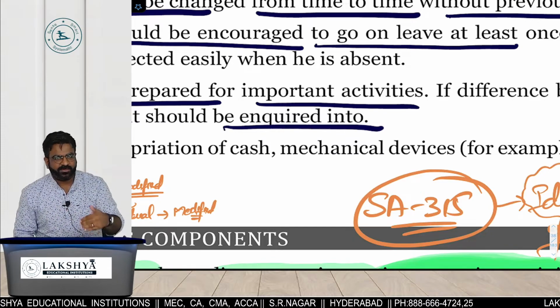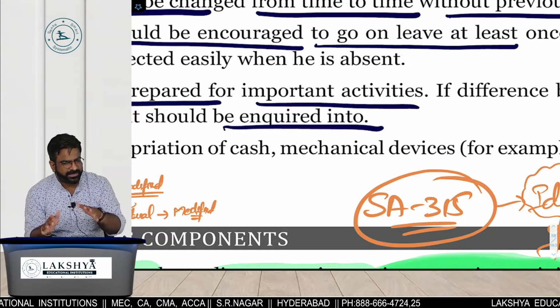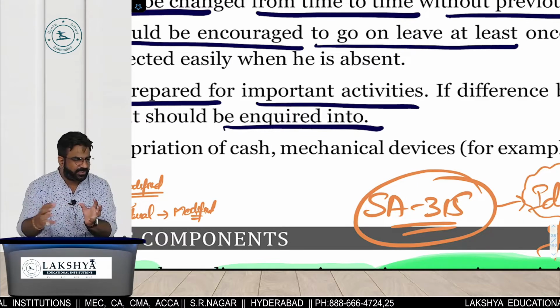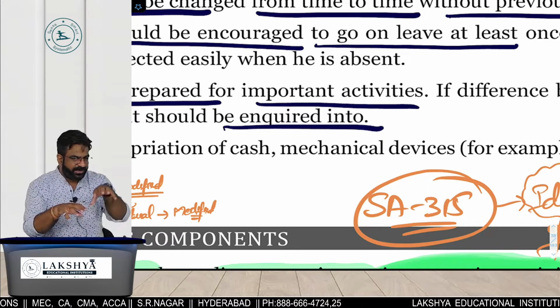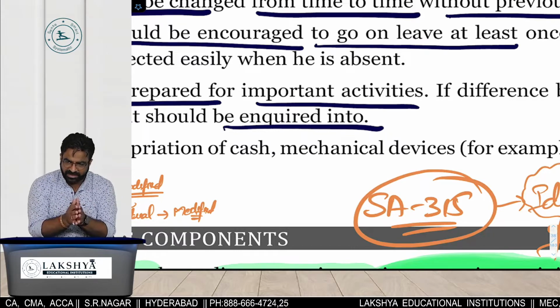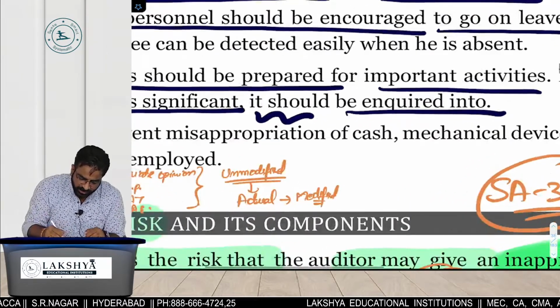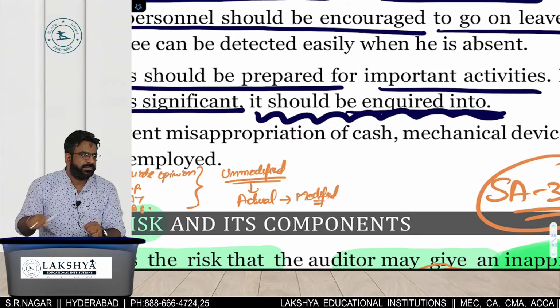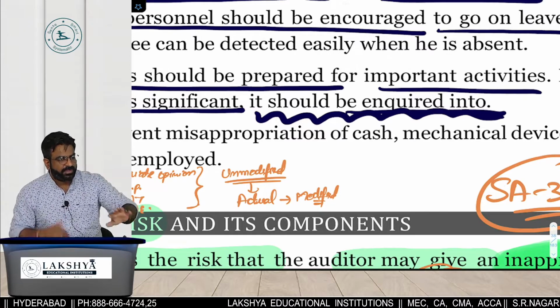Suppose I gave you a budget of 2 crores. You spend 2 crore 1 lakh. Manageable? Yes. It is very near to the budget. But you spend 5 crores. The difference between the 2 crore and 5 crore is how many? 3 crore. Is it an insignificant difference or significant? Then what is the last point written? It should be inquired. इसका मतलब कुछ तो प्रॉब्लम है, या तो मेरा बजट रॉन्ग था या तुमने ओवर एक्सपेंडिचर